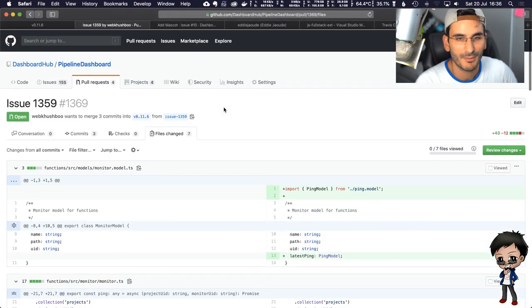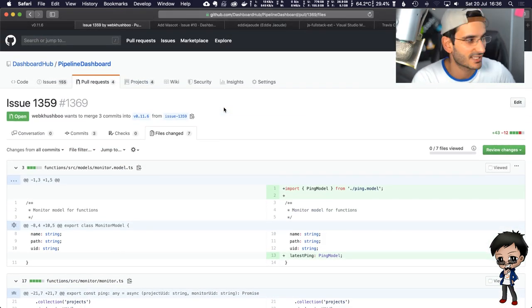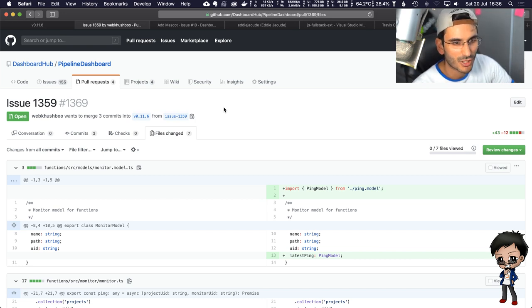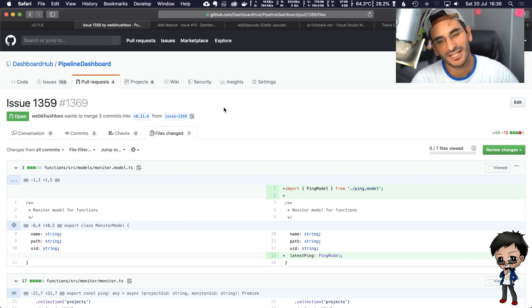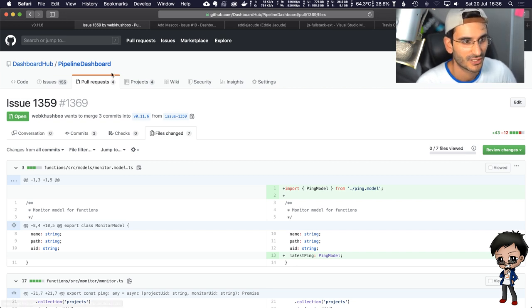Okay, I'm making an executive decision unless anyone else has any thoughts. Let's look into some real hardcore coding. You had a gentle ease into the coding of the afternoon, and now we're going to get deeper into the harder stuff. So let's have a look. This is another project on the Dashboard Hub. It's Pipeline Dashboard.